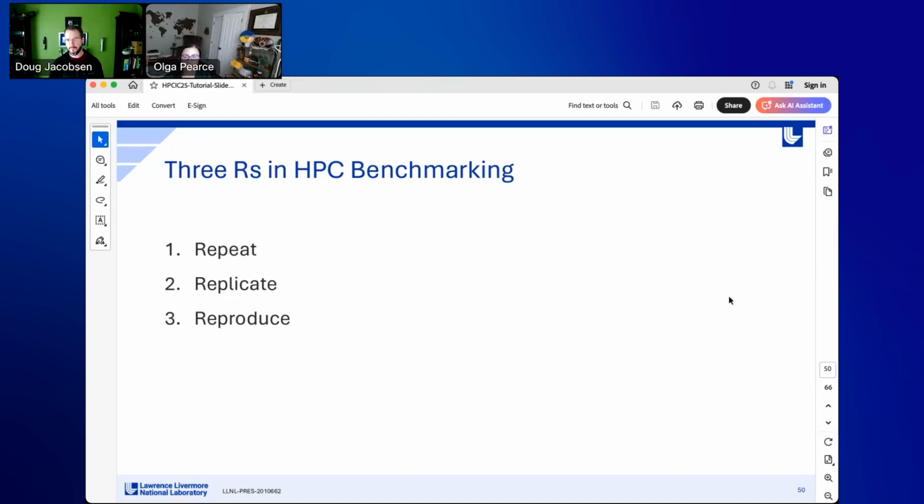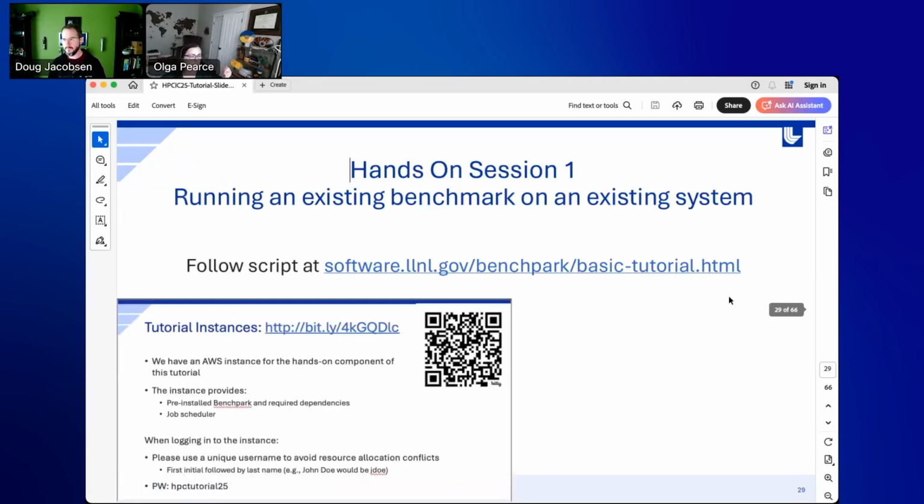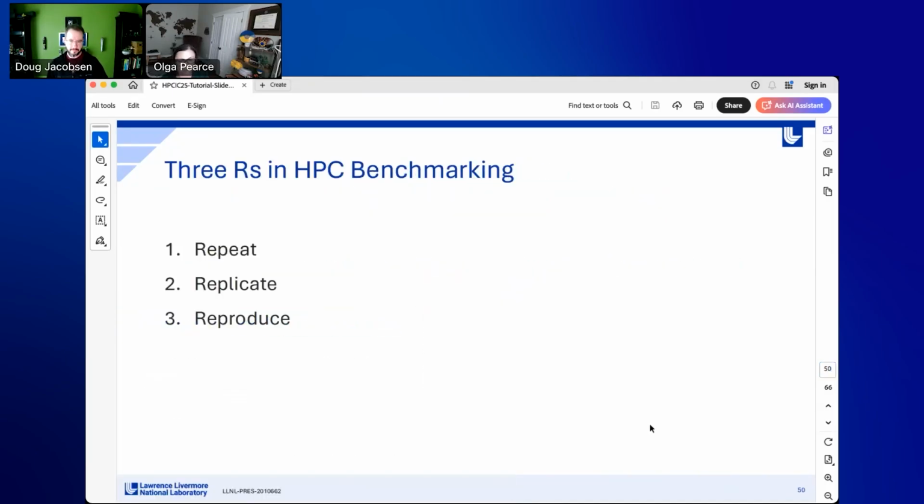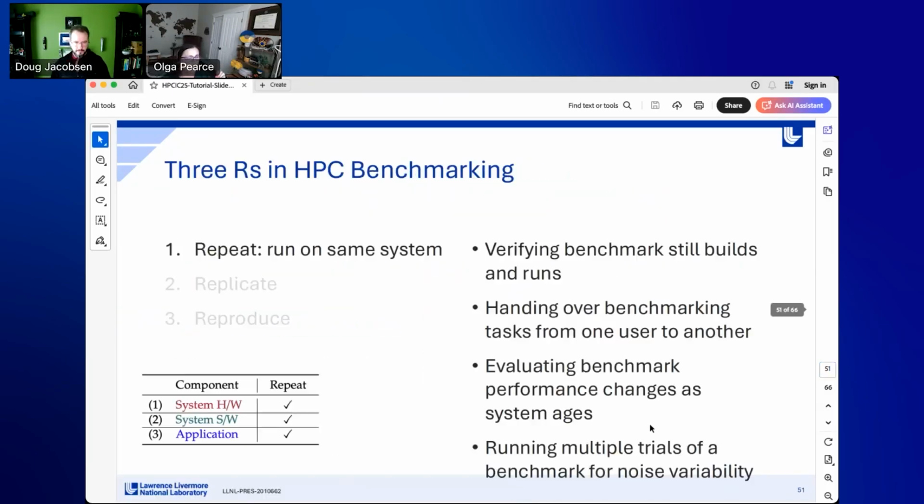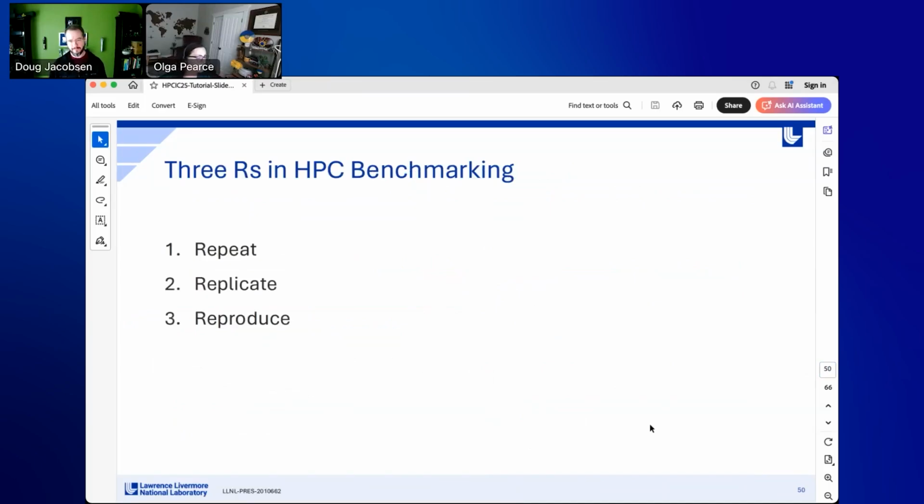We find ourselves needing to repeat experiments, replicate experiments, and reproduce experiments. And so the hands-on will be, well, this is the link to hands-on, but we don't need to go there yet. Am I on the wrong slide? I should be on slide 50. That's the first one. Okay, I just went to a random page, I think. Okay, why did it go there? I don't know. Okay,